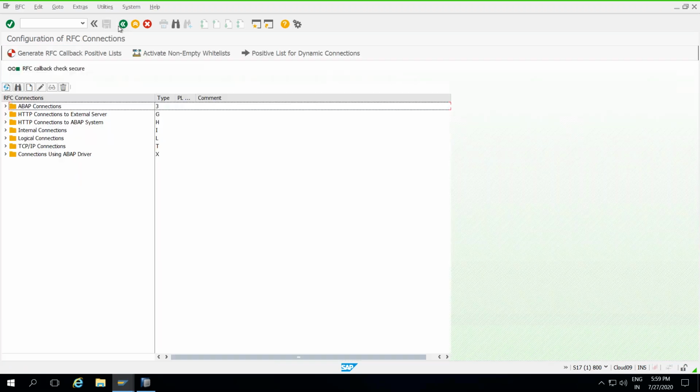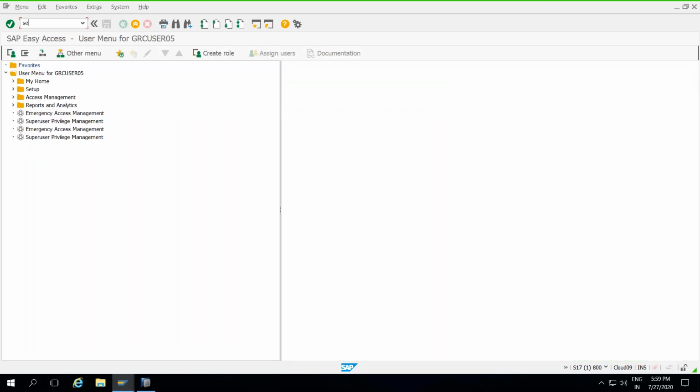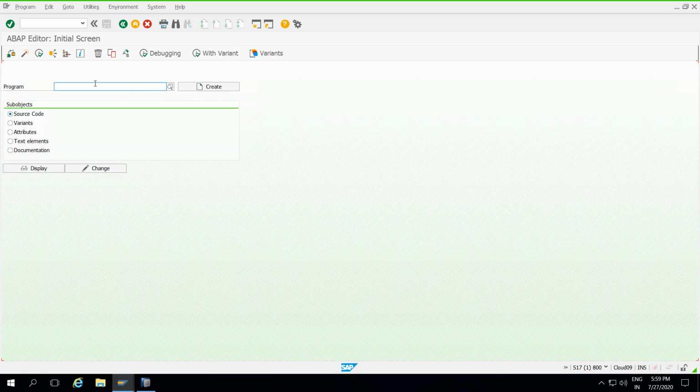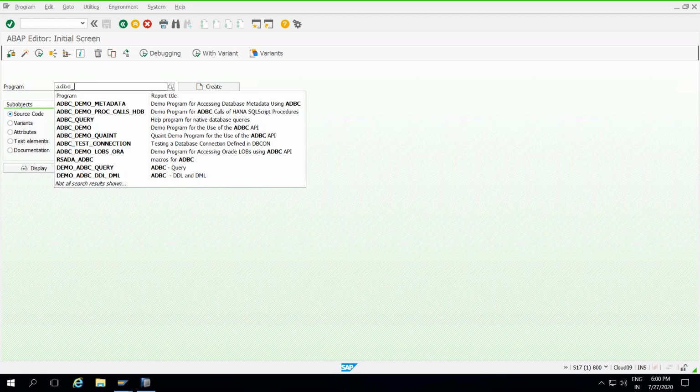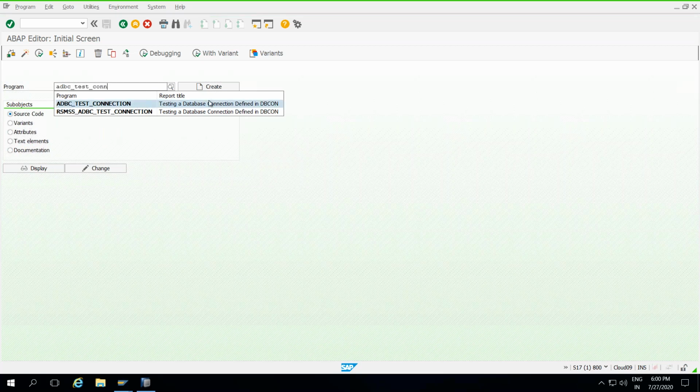Now how can we confirm whether my database connection is successfully done or not? Go to transaction code SE38 and run the report ADBC_TEST_CONNECTION, to test the database connection.